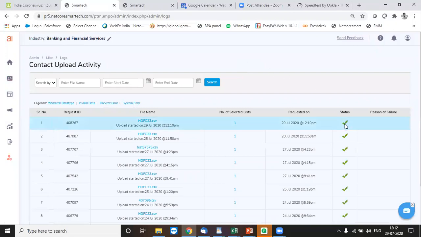Normally it gives a green tick and shows that some data has been uploaded. But at times in the next column, the reason of failure column, you would see certain error marks, exclamation marks, which would let you know a few contacts were not uploaded. Now there could be two major reasons, or specifically three major reasons for this. One,